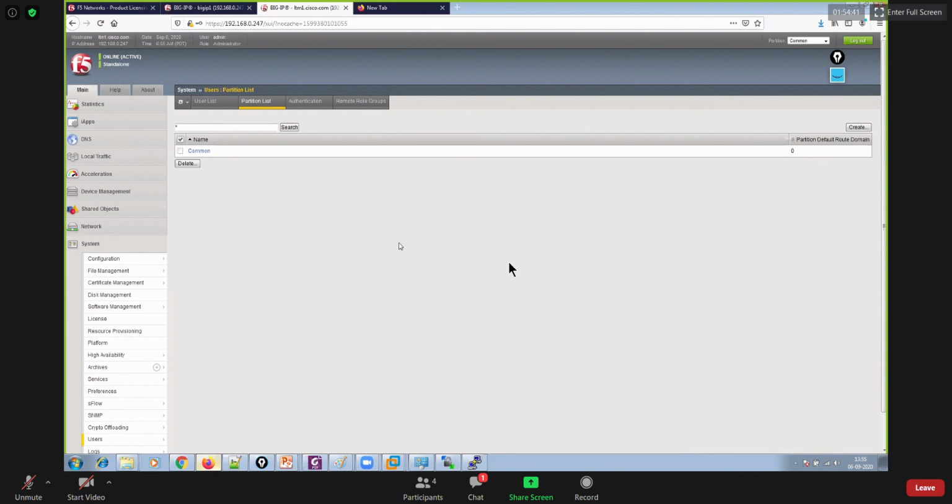So user A will be able to view only those components which are created within that partition. So it's more for security, okay? You cannot compare it with VRF, but yes, you have route domains as well. You can create route domains, and route domains can be compared with VRF. So ideally, you will be using different partitions for different route domains. Like even we can have a different VRF for each customer, right?